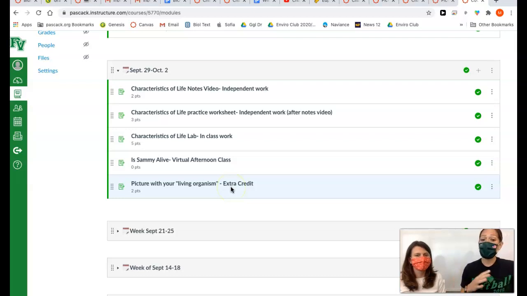The great thing about the way that we've modeled this schedule is there's really not a whole lot of independent work that the students have to do completely alone. When they show up with me, for the live classes that take place during Period 4, I walk them through the directions. We do the assignments together. We have a really great time sharing answers and discussing. And it's a little bit more like what typical school looks like rather than having your students sit behind a computer all by themselves trying to figure out what they're supposed to be doing. So we do that so that we can support the students. But in order for us to do that, you need to make sure and they need to make sure that they're there at the correct time.